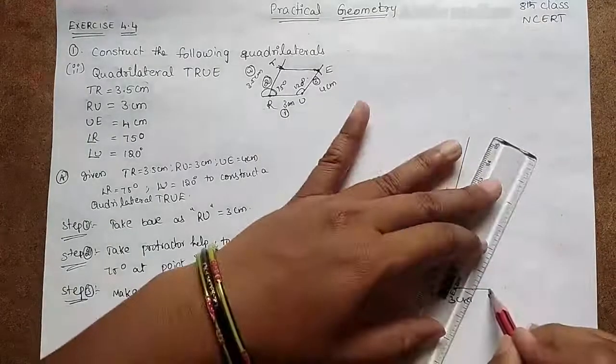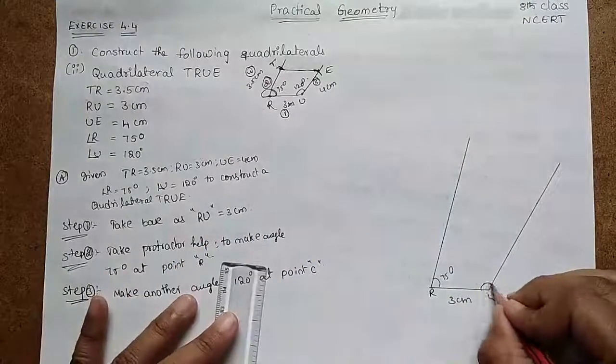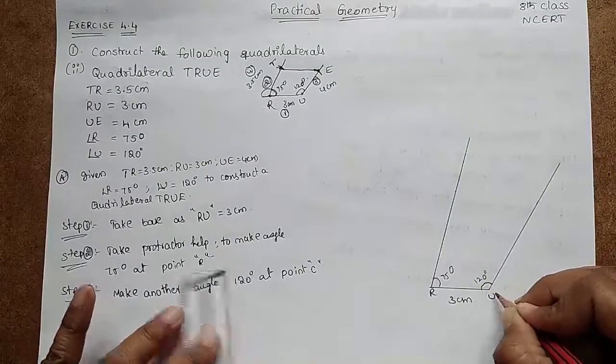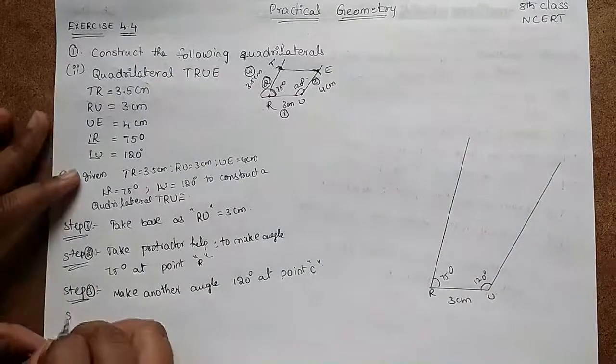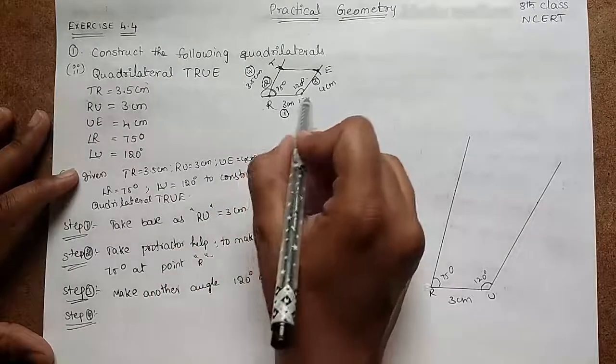Now this is the line with the 120 degrees made at U. Take step 4